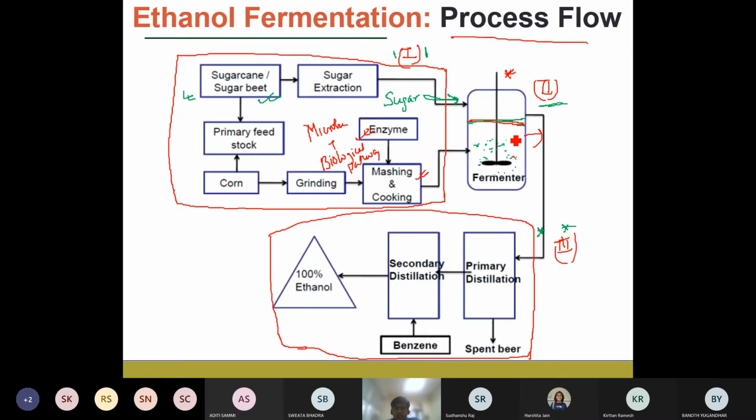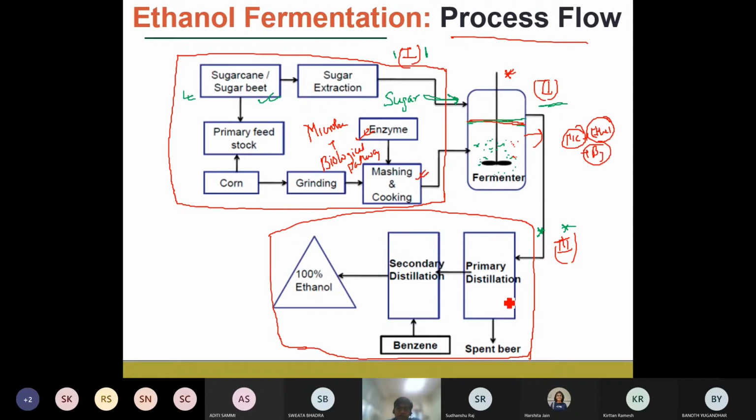Now, once you have obtained the ethanol, then you have to separate it. So, what is happening in the fermenter? You have the microorganisms, right? Then we have the ethanol, and we have some sort of a byproduct. So your final product, ethanol, has to be separated from the microorganisms and the other byproducts.